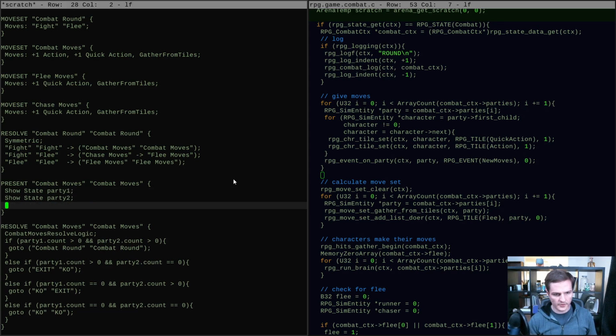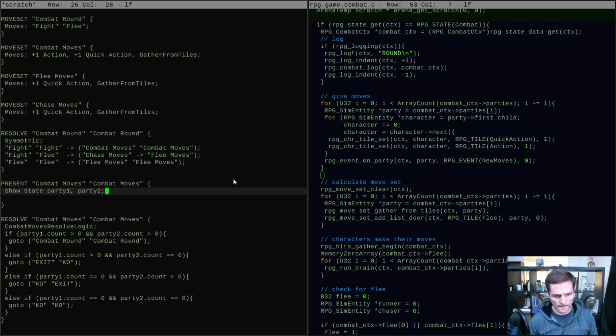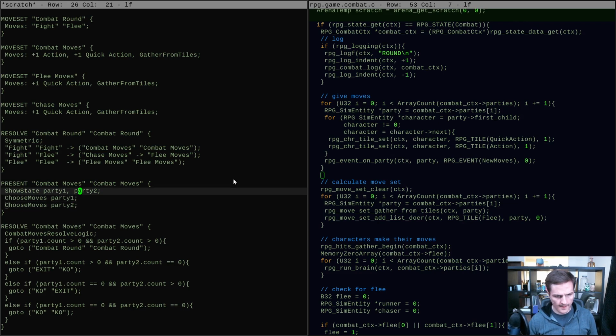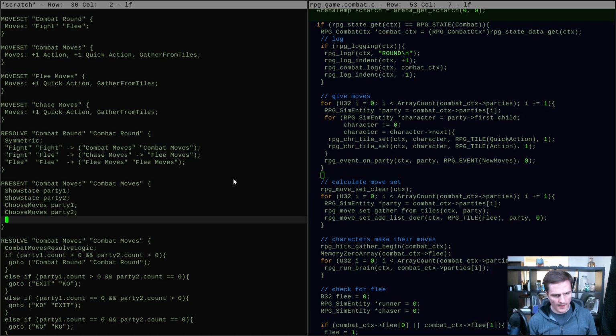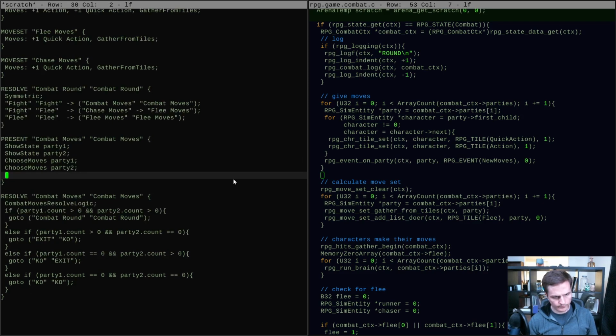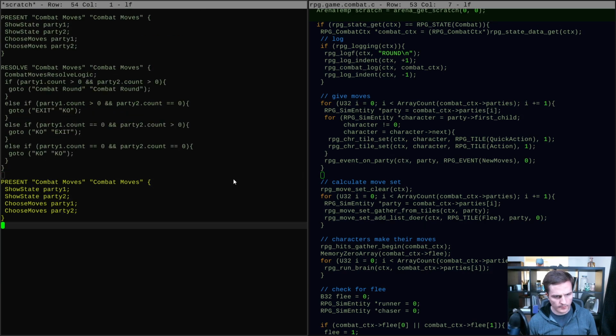So it's something where we show the full state to party 1 and party 2, and then we choose moves for party 1 and for party 2. And there we go. But if we wanted to talk about how we present chase moves, flee moves, the answer